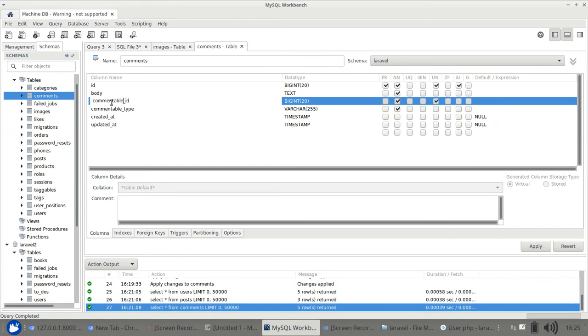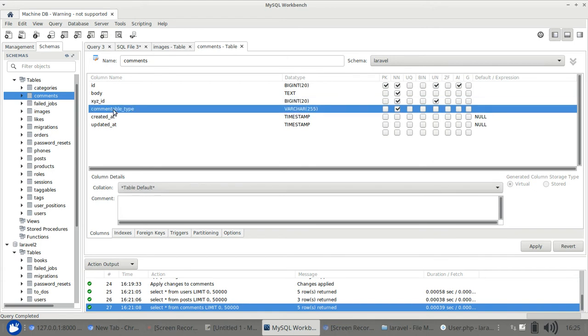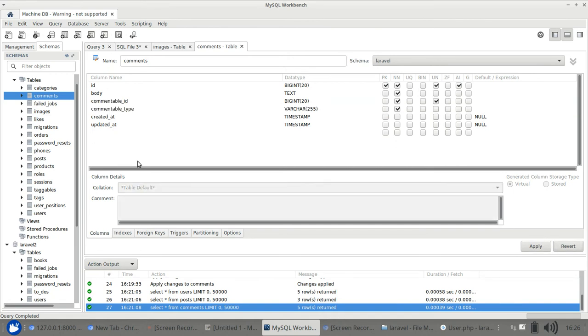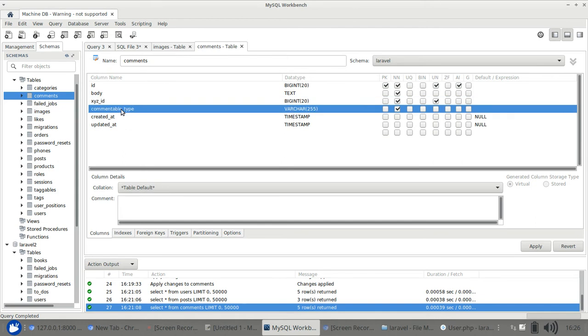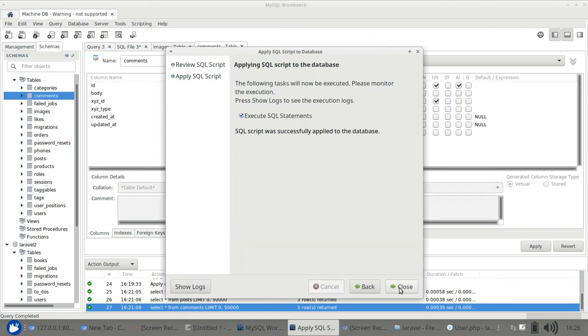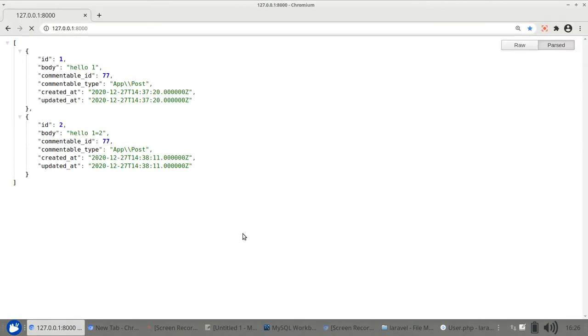So we have given xyz, so here you need to give xyz id and xyz type. Now apply, and if we refresh,